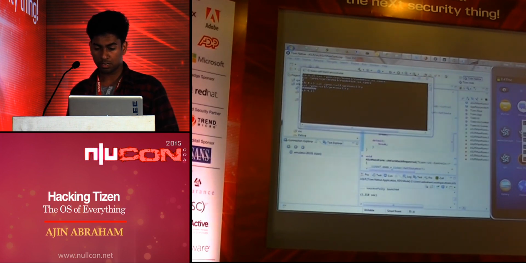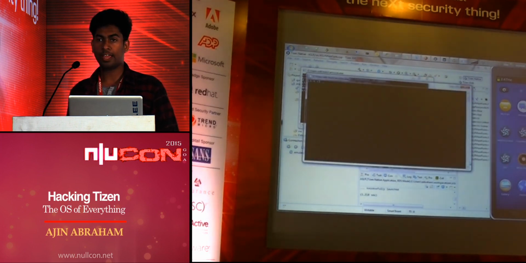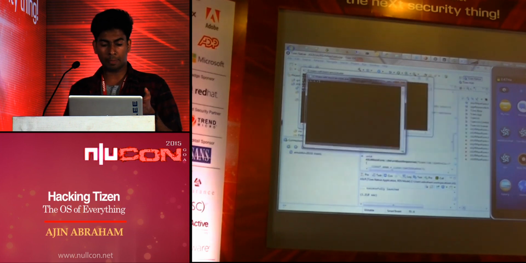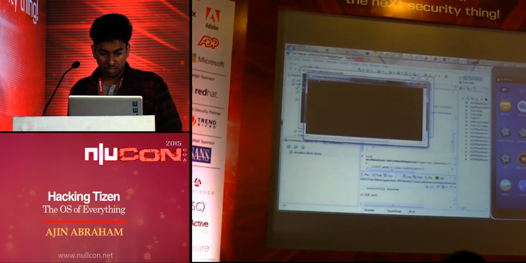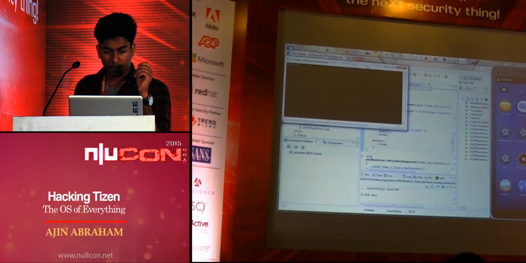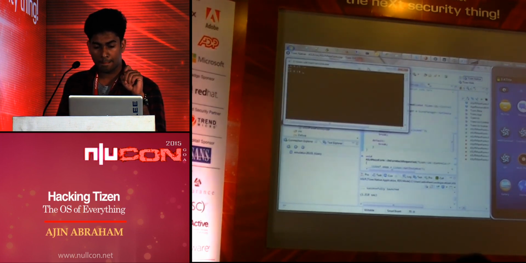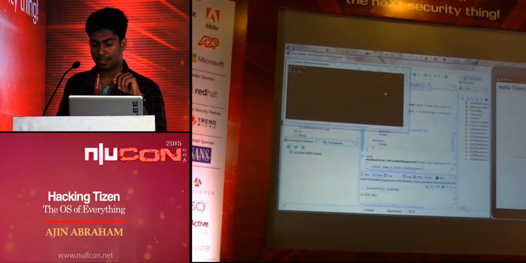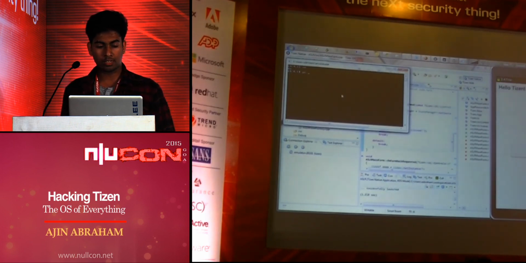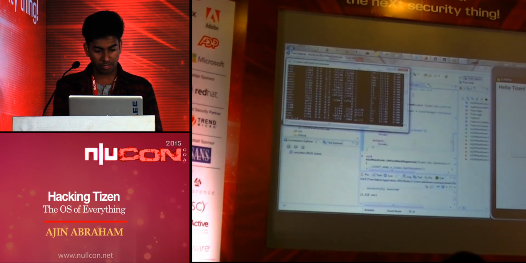I'm taking another shell so that I can show you the memory map. I'm running the app ASLR. Now I give a ps aux, which will list everything. I actually want a PID from there.